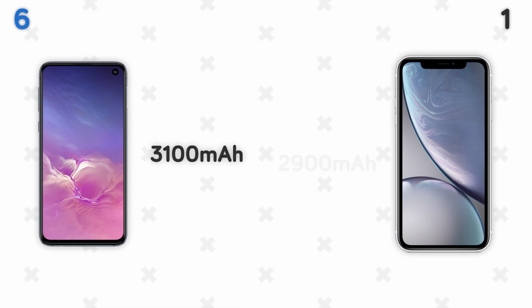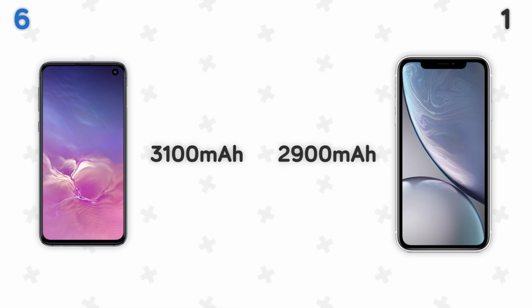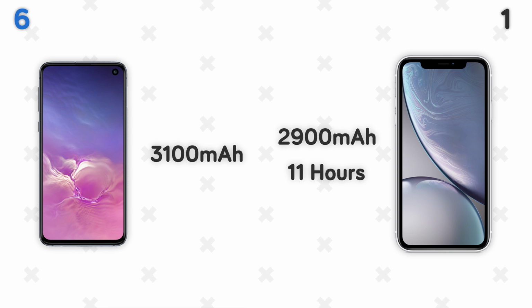S10e comes with a 3100 mAh battery, while iPhone XR comes with a 2900 mAh battery. But when it comes to battery life, numbers don't tell the whole story. Even though S10e comes with a bigger battery, it needs to power a higher resolution screen compared to the XR, so it needs to spend more power. In a test done under the same conditions, XR's battery lasted for about 11 hours, while S10e's battery lasted for